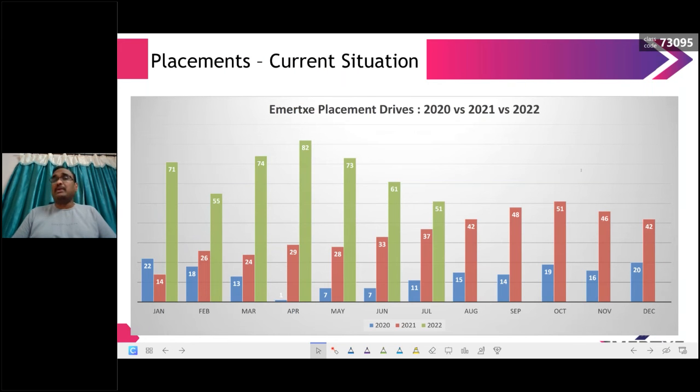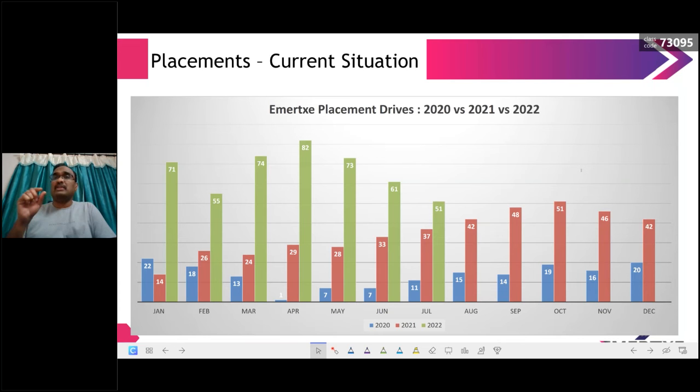compared to that, the number of opportunities, this is the number of drives that is happening. Previously I said company visiting, but we are not able to schedule all of them due to the time crunch that we have. Let us say 100 companies in 20 days, right? 5 drives per day is not feasible, right? So some other companies move to the next month, right? So like that, if you see the number of drives that we've been doing, you can see that there are